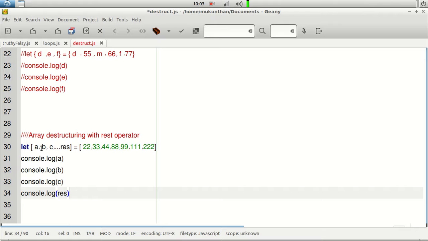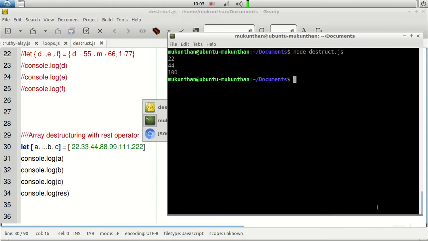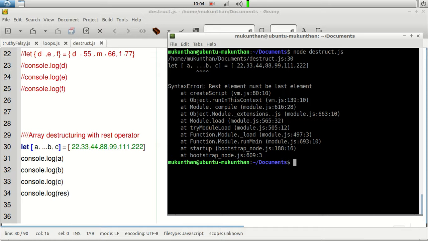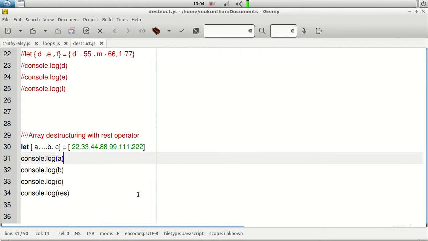Let's say I want to use it somewhere in the middle, and remove this. You will get this error: rest element must be a last element. So in this way we can understand that the rest operator works only at the end of the array.